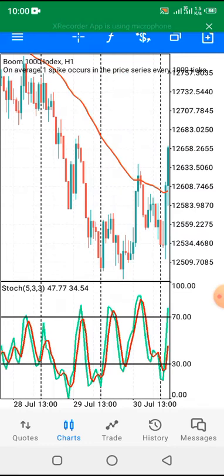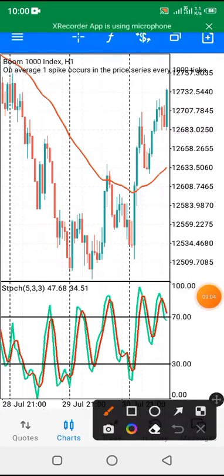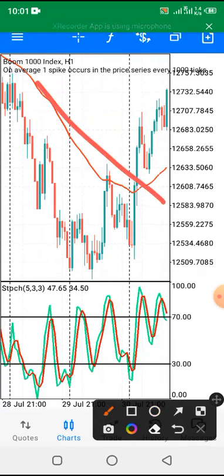I know it's a bit confusing, but I'll give you another example. As you can see here again, let me show you this example. Very nice example over here, very nice setup that played out. Look here guys again. Price was still trading below the moving average. This moving average. So when price reached this region,